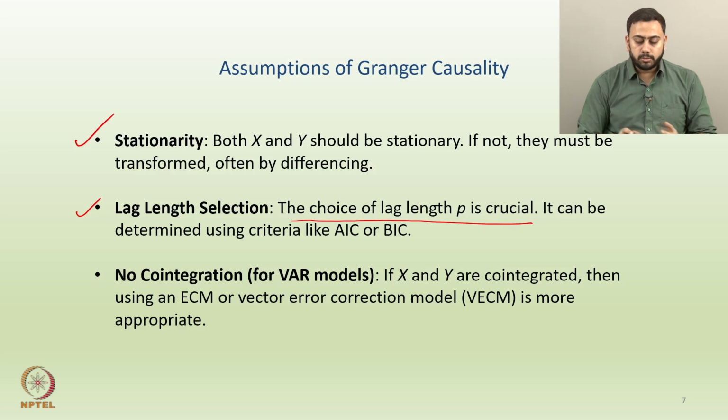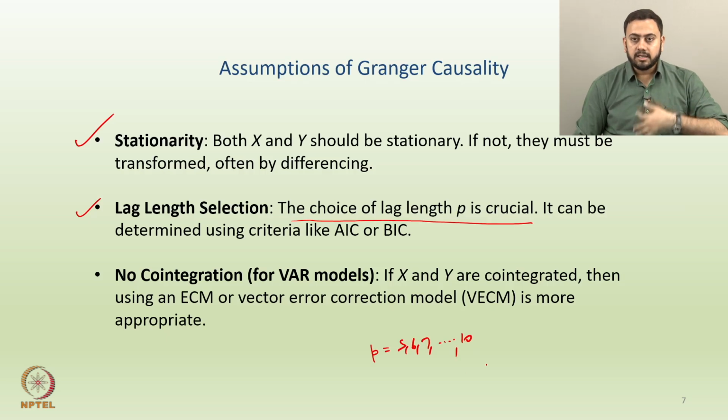So, how exactly? I will explain in a very brief way. The idea is to fix a particular lag length. Here I can fix certain values of p, let us say 5, 6, 7 up to 10. Then by fixing all these individual values for the lag length p, I can run my regressions every time and look at the AIC or BIC values. Finally, whichever AIC value is the least, I can go with that regression model or that lag length. Make sense so far? This is one step of choosing the lag length, because choosing the lag length is also crucial.